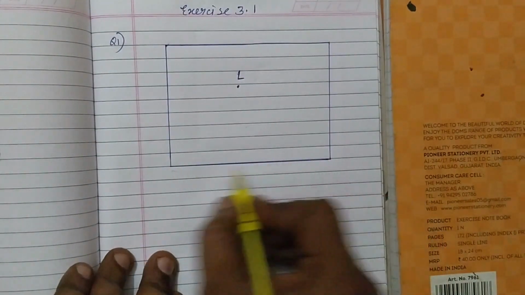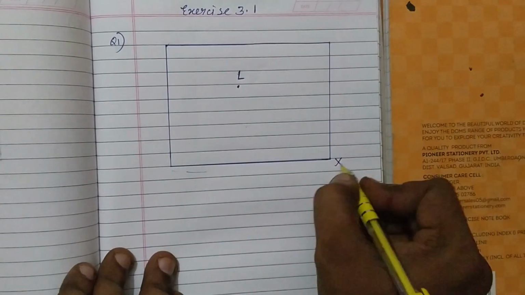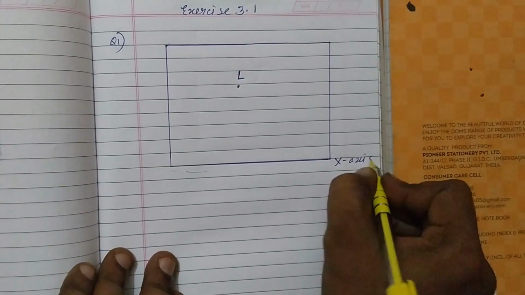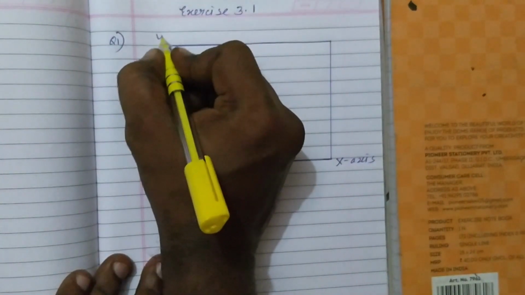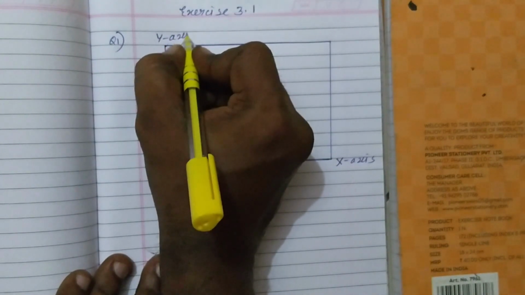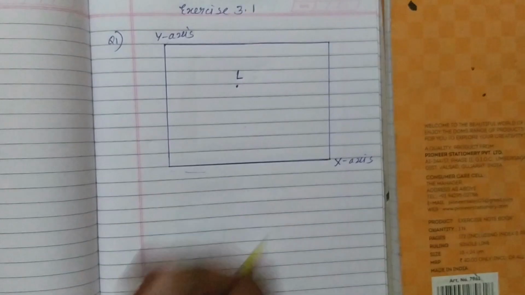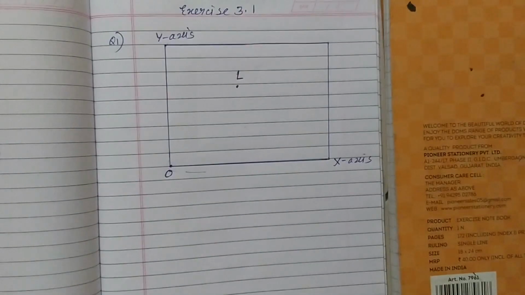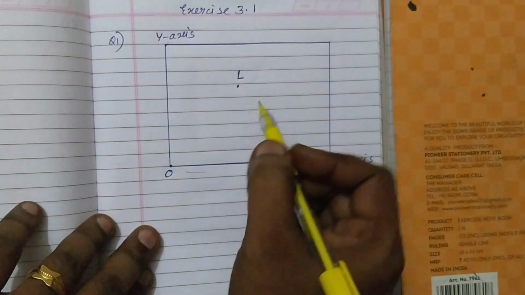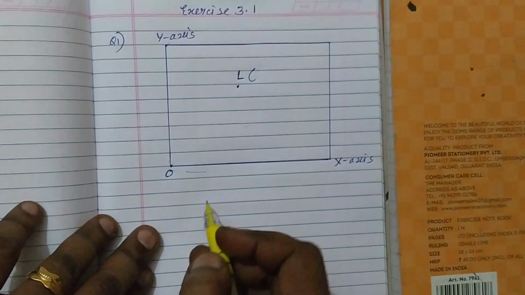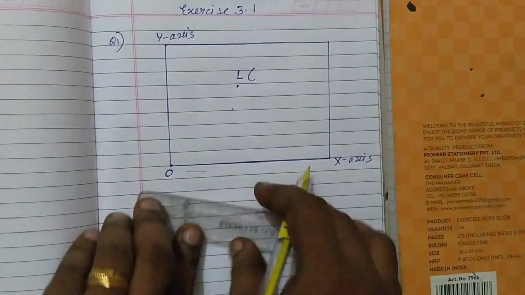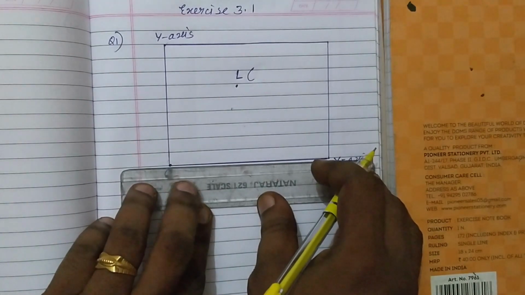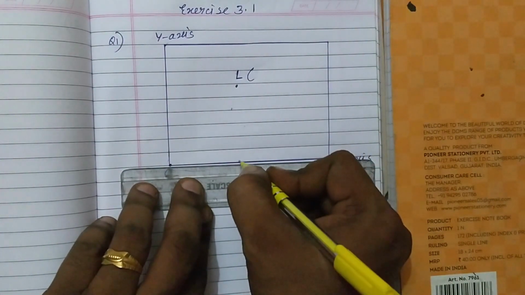So this is a horizontal line. You know, the horizontal line you can say is the x axis, and the vertical line you can say is the y axis. So you can say it is nothing but the first quadrant. And this will be the origin, denoted by O. Now, to represent the location of the point L, we are taking the x coordinate and y coordinate. Now suppose the point is here, this is the x axis, so the distance from the origin to this point.